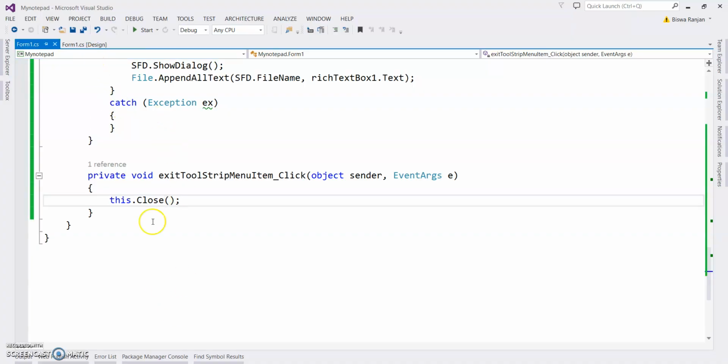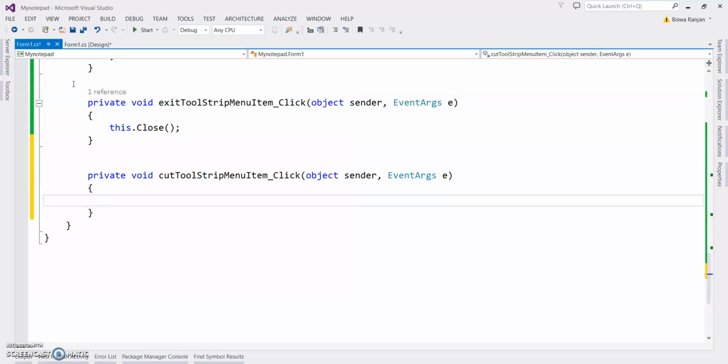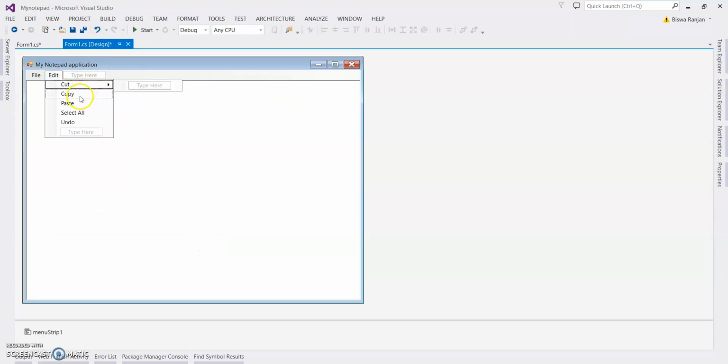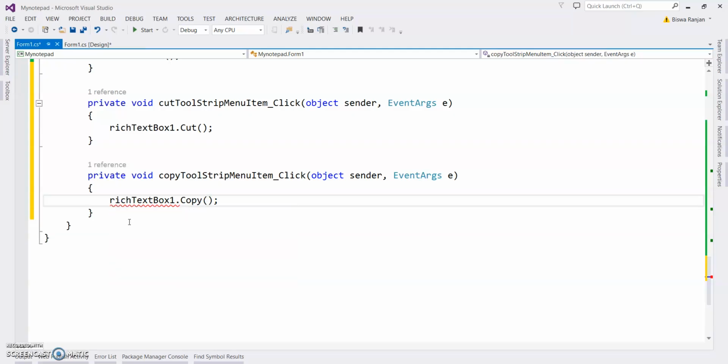This is done for the file menu. Now we will go to the edit menu. The edit menu is very simple, only one line. Upon the cut event, write textBox1 dot Cut. Copy, same thing: textBox1 dot Copy.